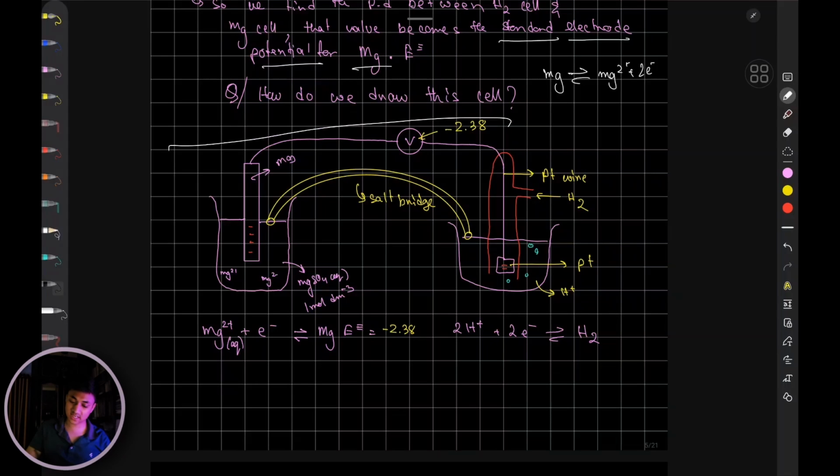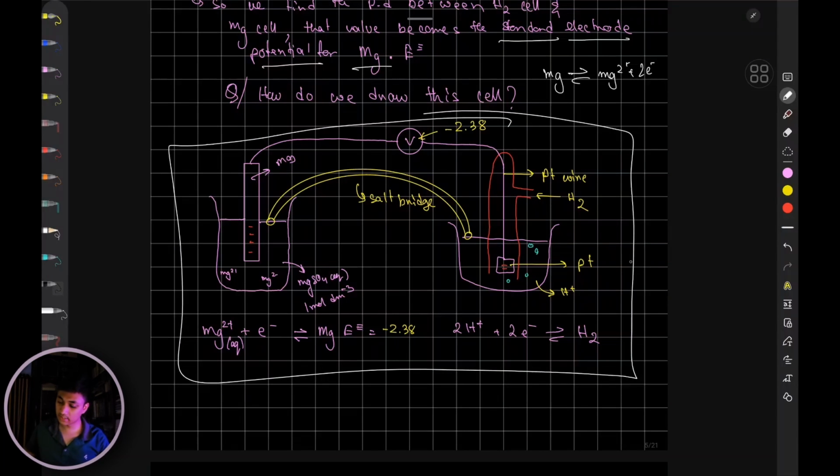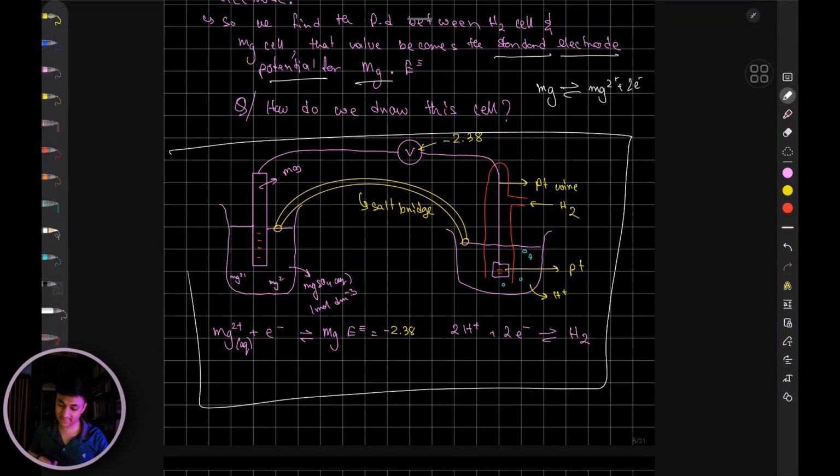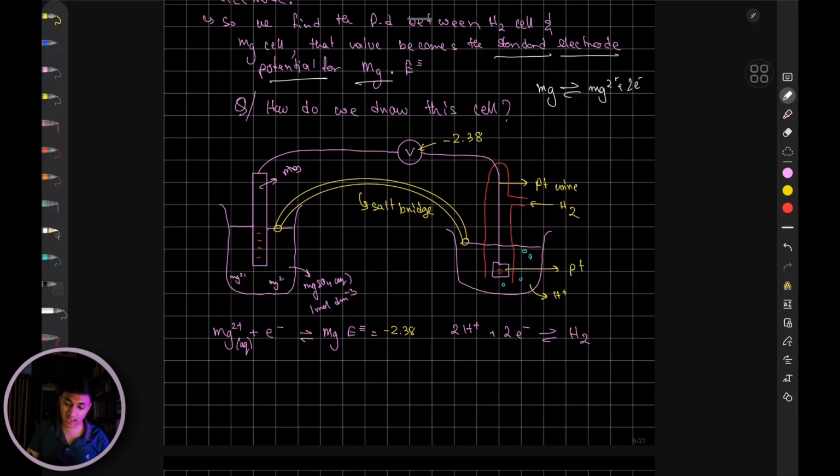Now, side note, this is actually how you're supposed to draw a cell that is between two half cells. How are you going to find the electrode potential? You're going to draw the diagram in this manner. You're going to have a half cell of a metal, in this case at least, a metal ion half cell. You're going to connect it, using the voltmeter and salt bridge, to